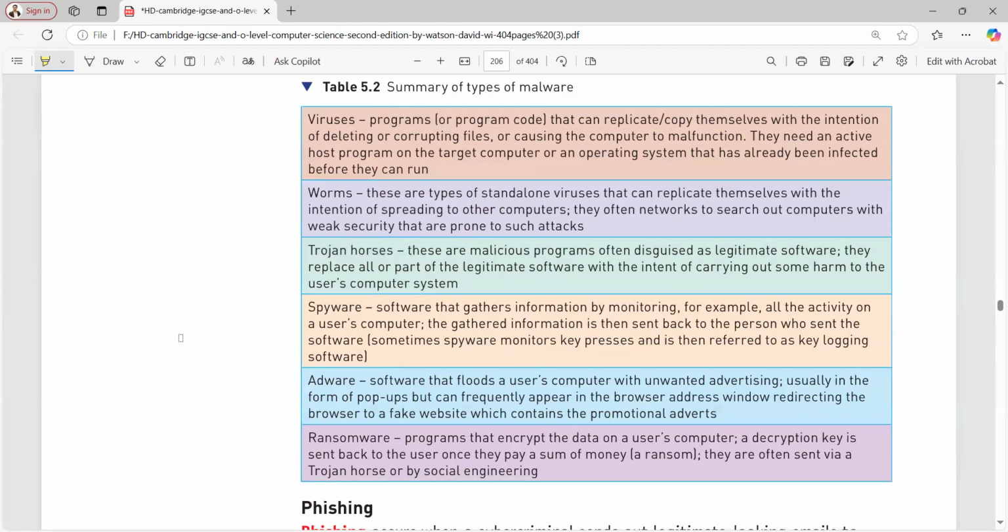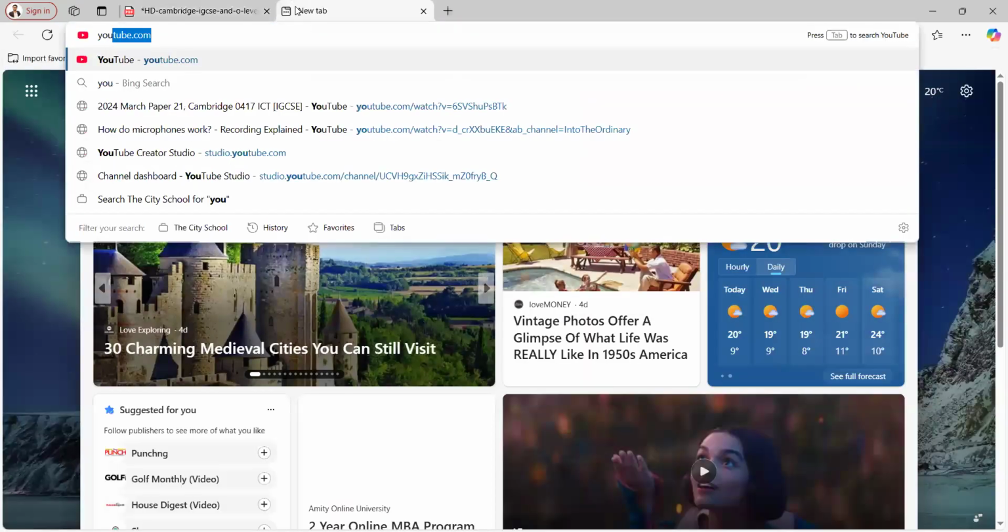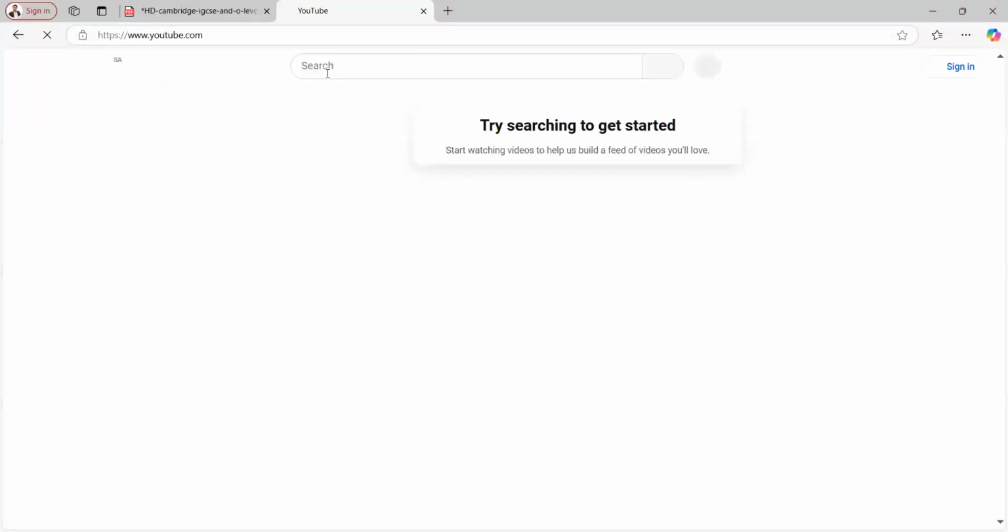Even if you try to click on them, it will state that you need to pay this much money, and then all of your files will be decrypted. So in ransomware, your files are encrypted, and if you want to have them back, you need to pay a sum of money.